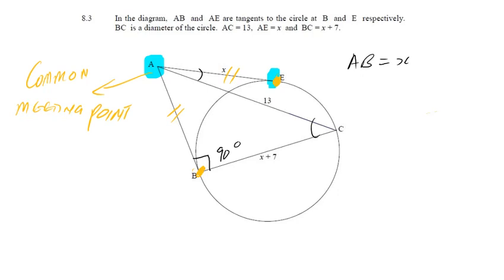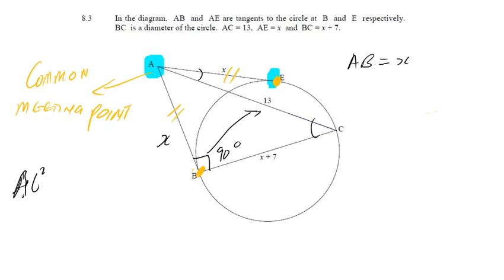Let's start with Pythagoras. We know that we are looking for AB. When you do Pythagoras, what is your hypotenuse? The longest side is your hypotenuse, or the side that is opposite to the 90 degrees. So you're going to say AC